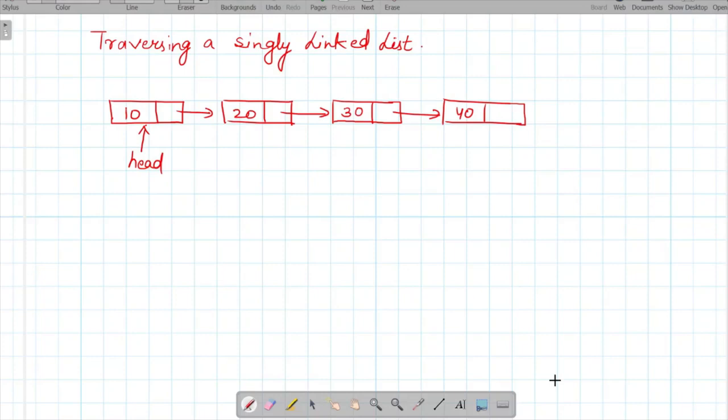In this video we are going to see how we are going to traverse a singly linked list. So we have a singly linked list and we need to traverse it. Traversing means we simply have to visit each node and print the content or value of each node. For example, the output after traversing will be 10, 20, 30 and 40 for the above given linked list. So how are we going to perform the traversing operation on it?